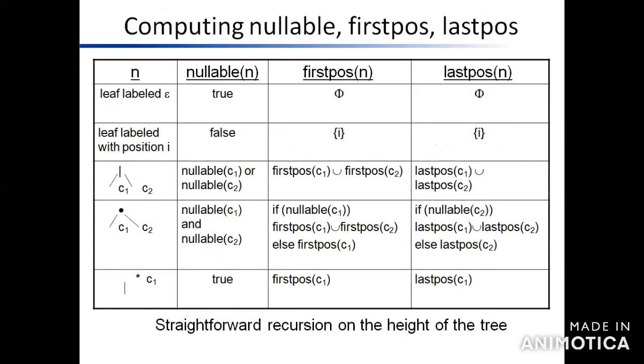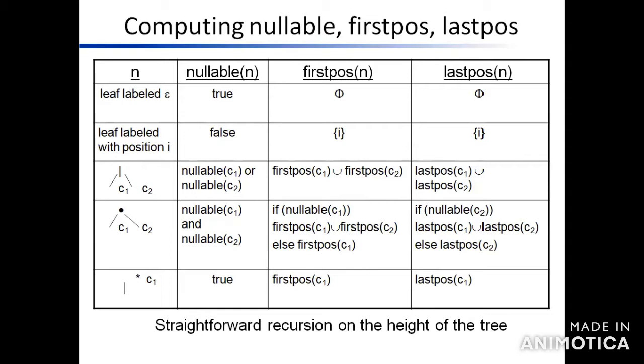You have to keep this in your mind in the tabular column, because with the tabular column you get to understand and solve the problem easily. So without the table, we can't complete the problems. This is also one type of 2-mark question: write how to compute nullable, first position, last position, and follow position in a DFA problem, and you have to draw these diagrams.